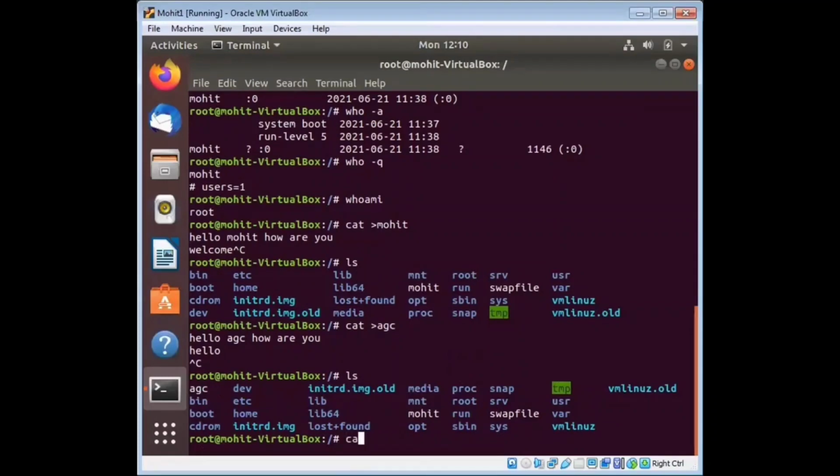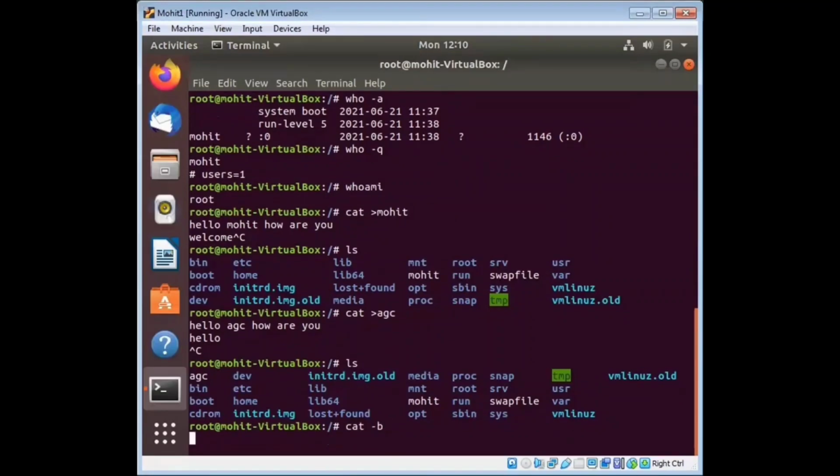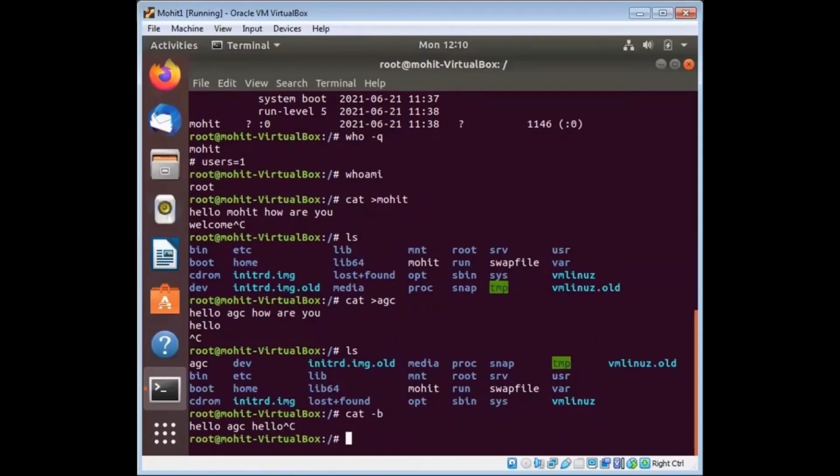The next command is cat minus b, b for boy. Now press enter. You see hello, AGC, hello country. The cat minus b option omits line numbers for blank lines in the output.